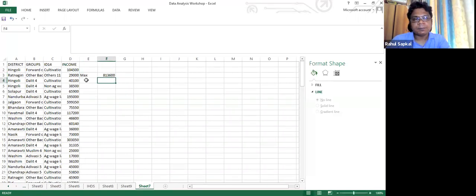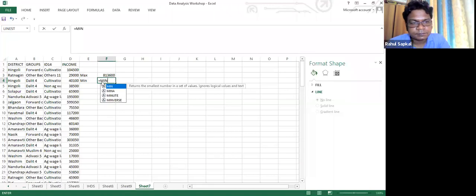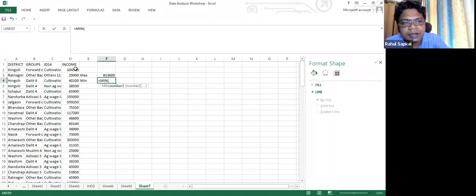What is my minimum value? I will click equal to MIN. Now it will ask you number one. So you can put number one, you can drag it also like this, or you simply put the array format. Whenever you click on any of these buttons or row columns, it will show the array.